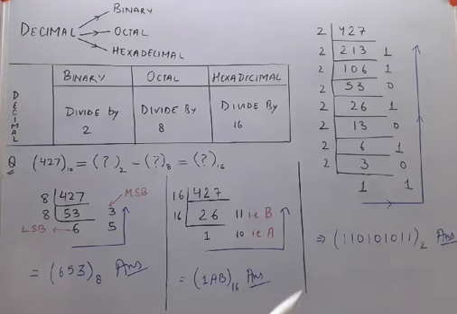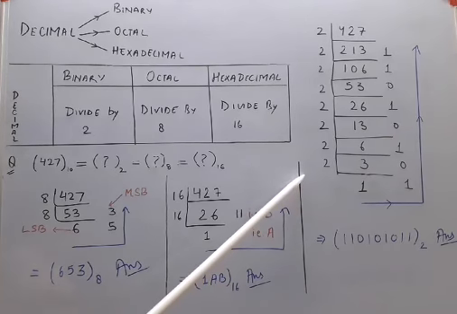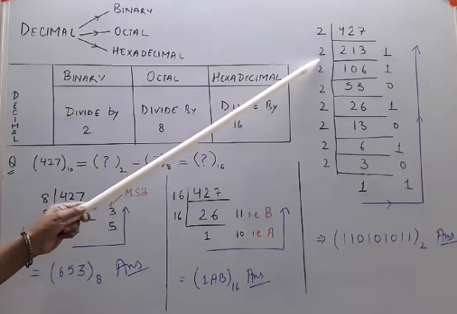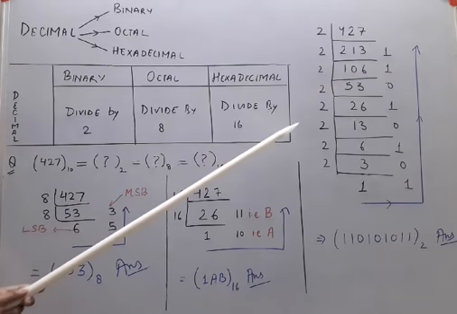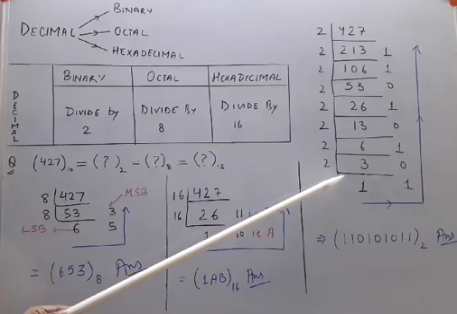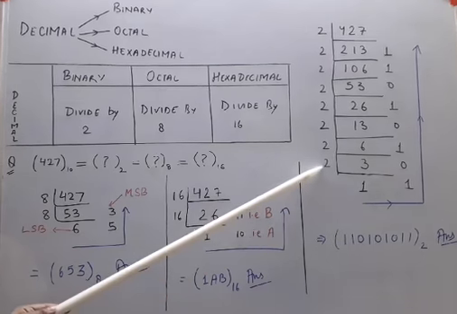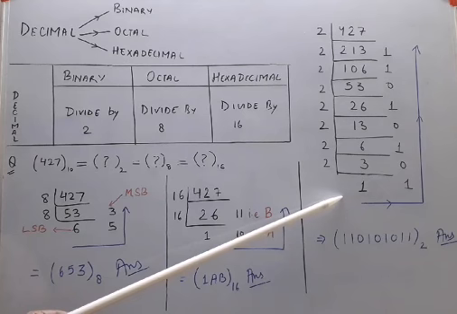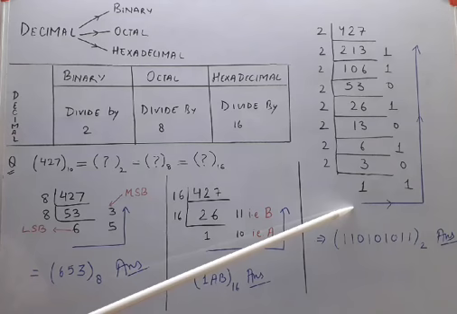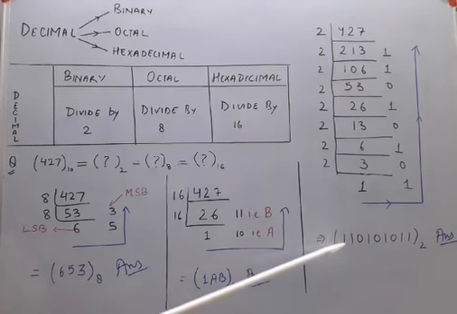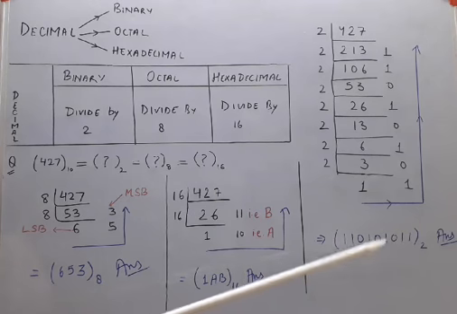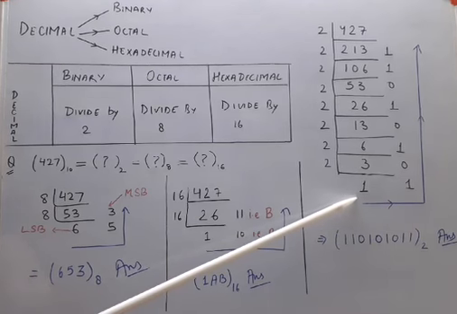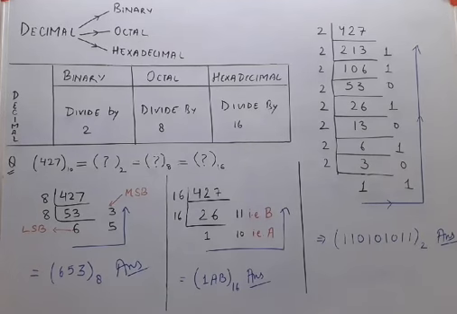Here you can see that I am continuously dividing the number 427 by 2 and writing the remainder adjacent to the quotient. And this process is continued till the quotient becomes smaller than the divisor. Now after reaching this point, I start from LSB and reach till MSB and copy all the numbers. Remember that you don't forget to write this remainder when your quotient becomes smaller than divisor.